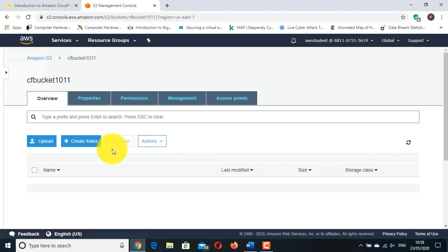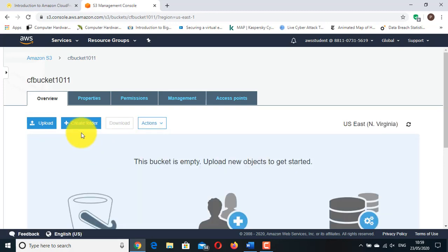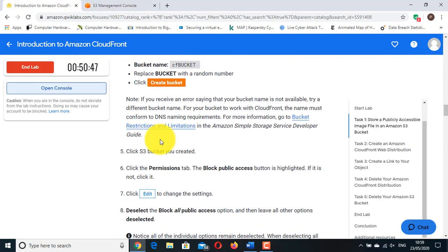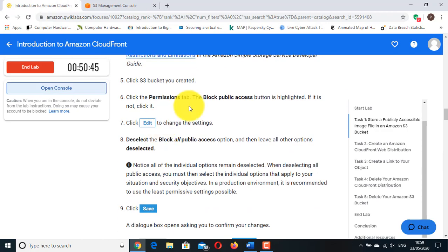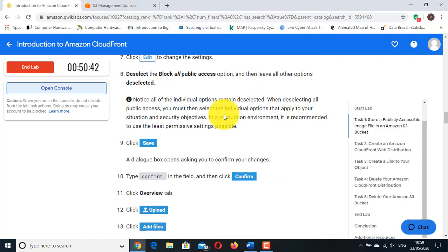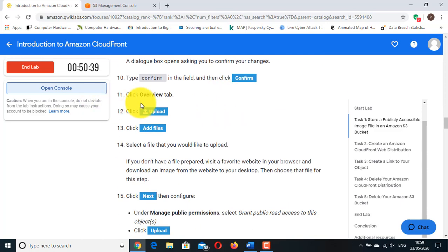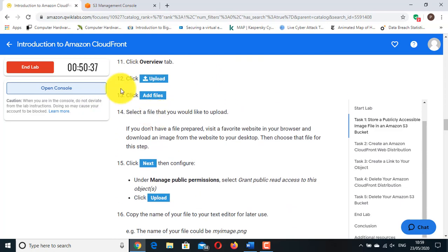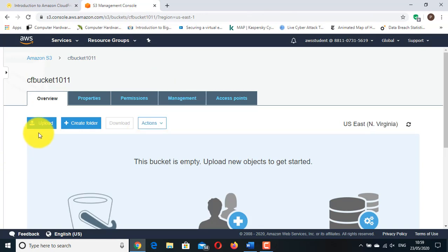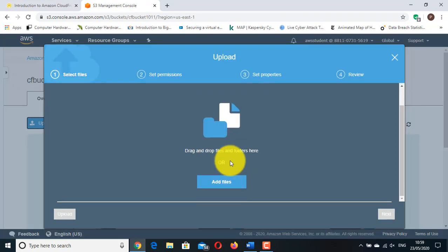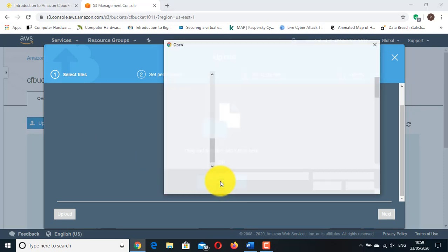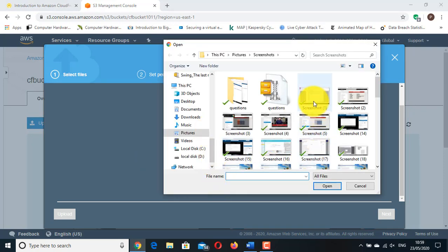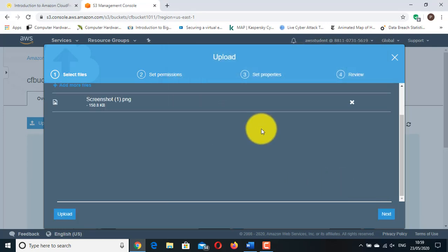Now we need to upload any file. So let's go on this process. We have changed this permission, block public access setting. Now let's add the file. For adding the file, we need to go to upload, and we can drag and drop file, or we can simply click on add files. So right now let me add this file, screenshot 1. Click on open and go to the next,